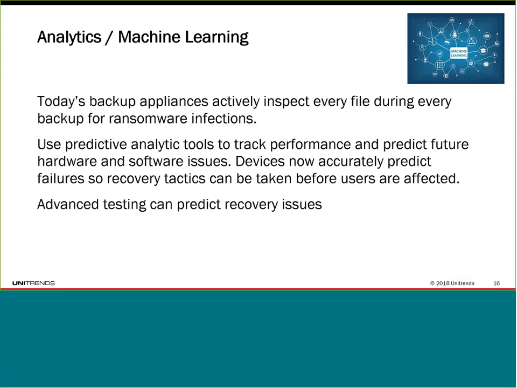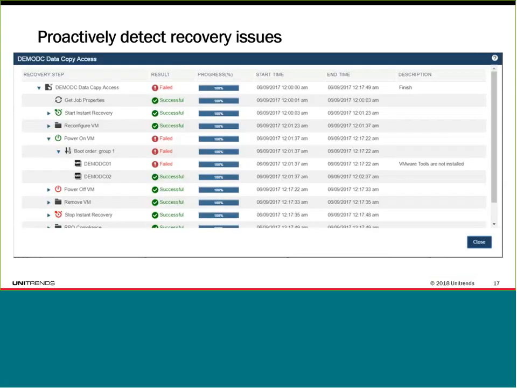And when we talk about proactive detection, I'm going to highlight one of the key features here in the Unitrends solution called recovery assurance. What recovery assurance allows you to do is automate recovery testing so you understand the impact of a disaster event before it ever occurs. So you can really outline your boot order, networking information, resource allocations for all of these machines,